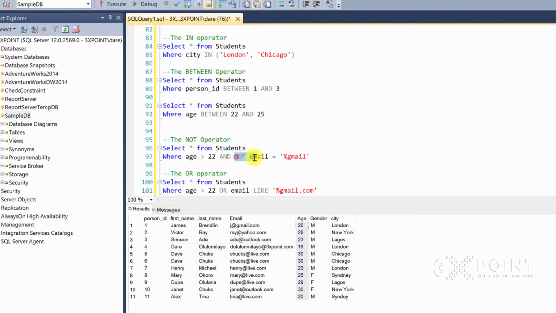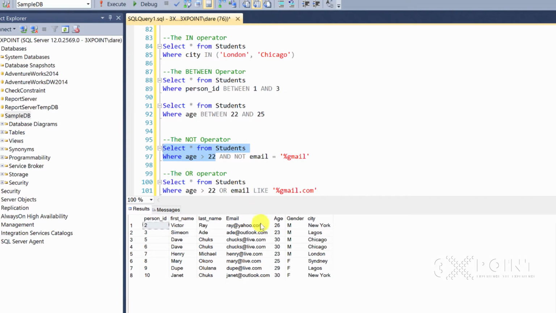So let's say, for example, if we have this, do we even have anything that is Gmail? No, we don't. So let's change this to something else. Let's change this to percent live.com. So we know that there is live in this. If we run just this alone, we know it has live.com. But if we now say give me all these things but remove the ones that have live.com,